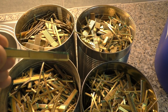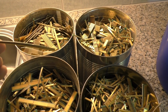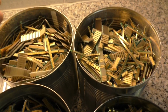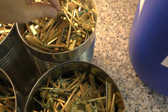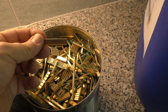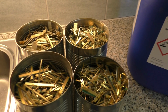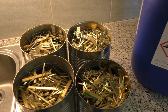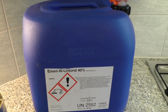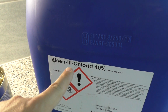For example, that was from a server power supply. That was probably from a RAM module. That was from a power supply too. And that was probably from a PCI card or something like that. So I collected all these gold fingers over the years, and now it's time to release the gold from the PCB with iron trichloride,